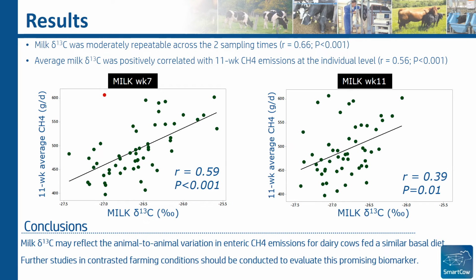Let's move to the results. Milk natural abundance of 13 carbon was moderately repeatable across the two sampling times. When both isotopic values were averaged by cow, the milk 13 carbon was positively correlated with methane emissions at the